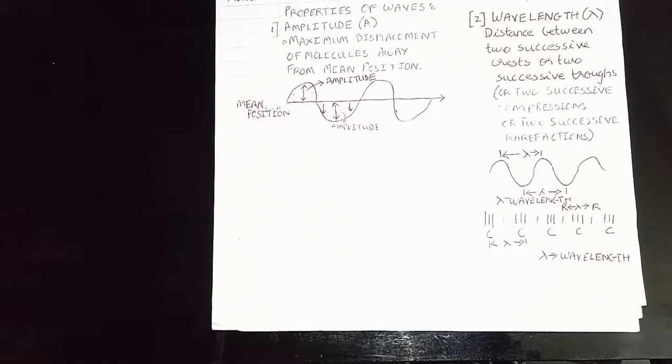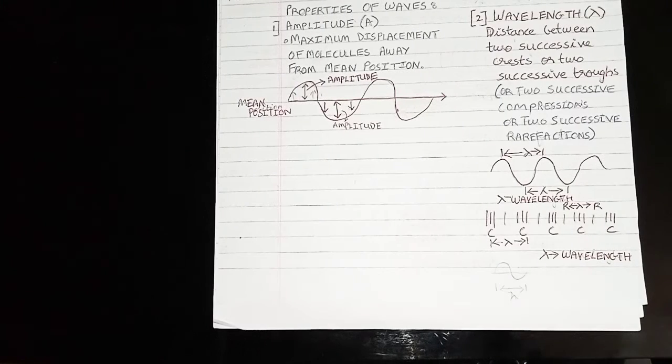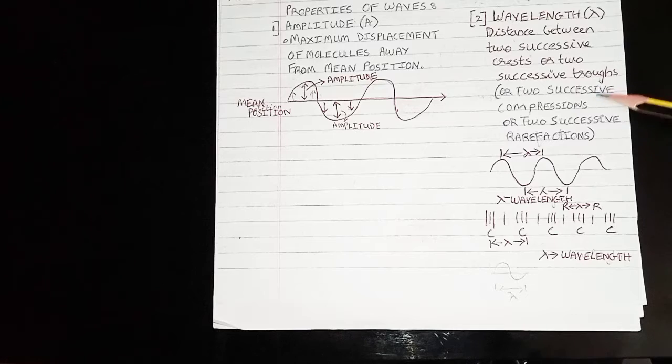Okay, we will be coming to the second part. We had discussed previously what is wavelength, so we'll just go through it once again. Wavelength is the distance between two successive crests or two successive troughs. The upper part from the mean position is called crest. The below part from the mean position is called trough. So one crest and one trough consists of the wavelength lambda.